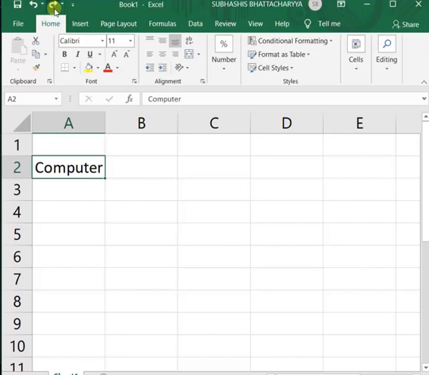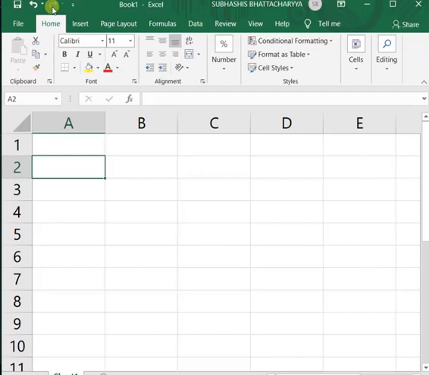That means whatever action undo has taken, redo again reverses that action. First we deleted computer, then by doing undo, computer came back to us. Now by doing redo, the computer will be deleted again. See, if I click on the redo button, the computer vanishes again.